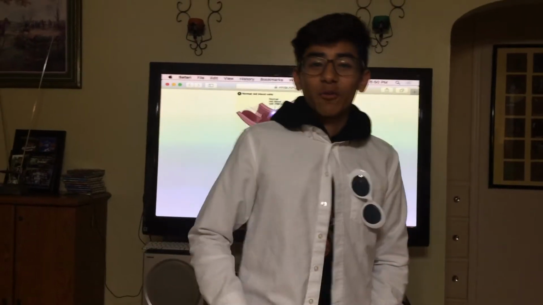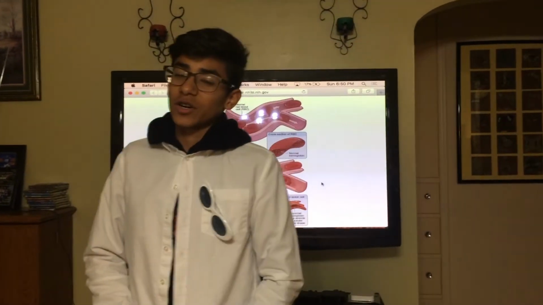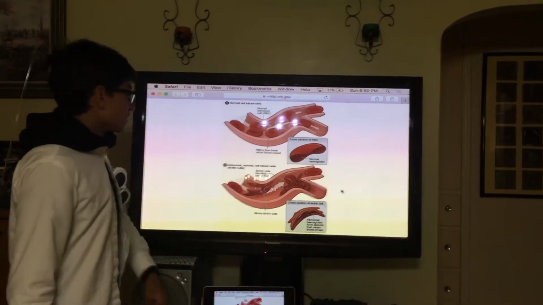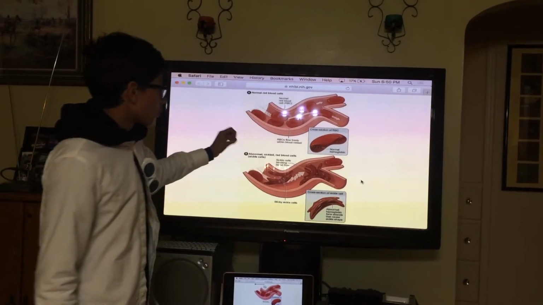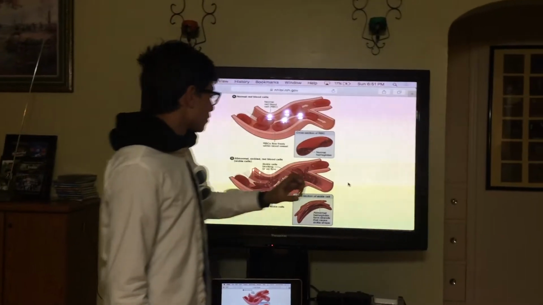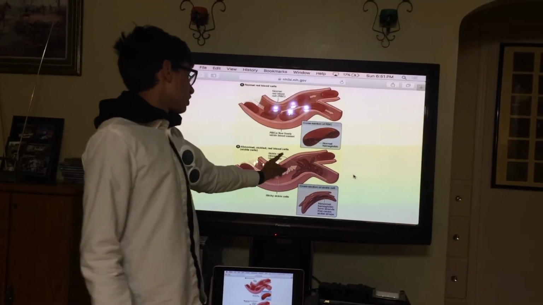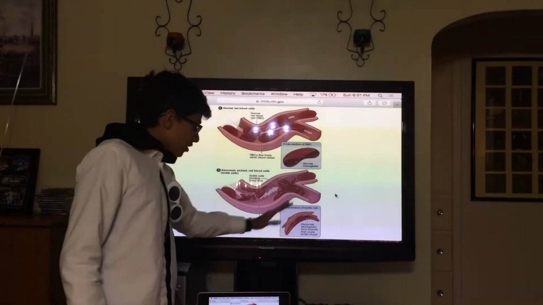Under low oxygen conditions, abnormal hemoglobin, which is an oxygen-carrying protein, will bend red blood cells into sickle cell shapes, obstructing circulation and blocking blood flow in the bones. As you can see here, these are normal red blood cells, which are just circular or oval shaped and can pass through pretty easily. And here are the sickled red blood cells, which are in the shape of a sickle